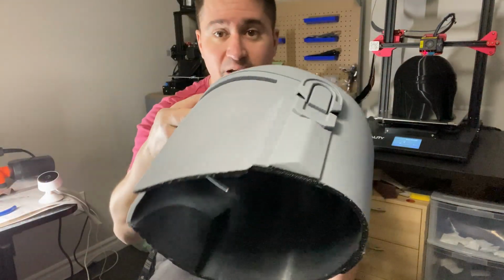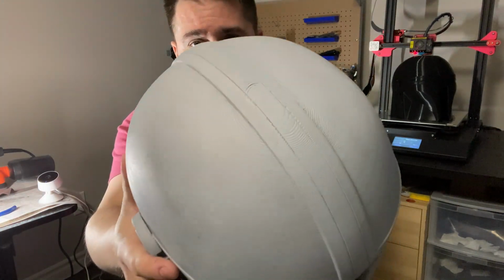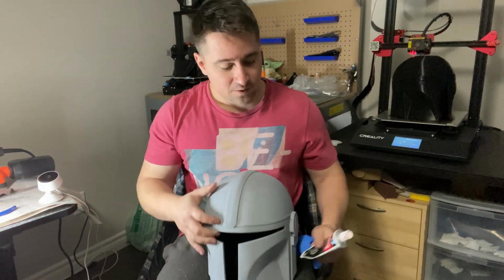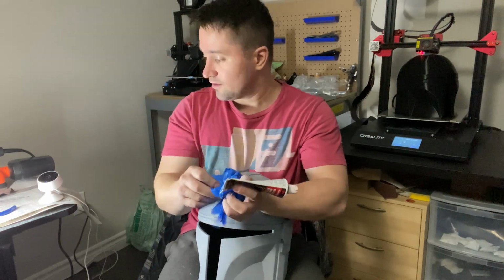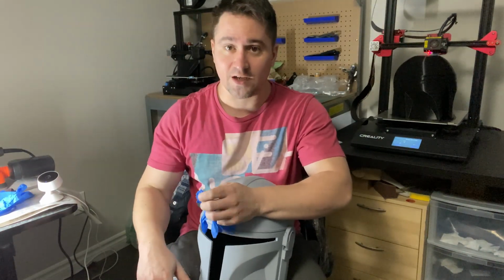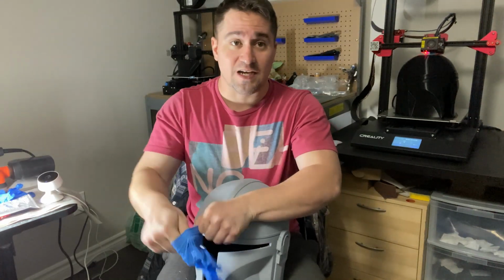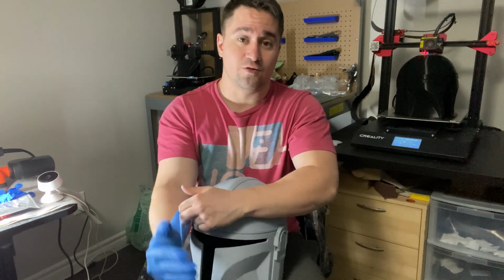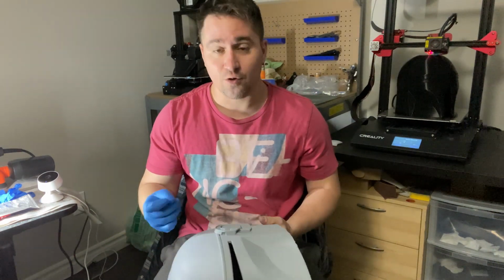So we're going to basically paste this entire thing with putty, some Mando glazing and spot putty. So I have a couple of gloves. Like I said, it's super cold today, so I highly recommend outside. If not, go near an open door with a fan going. I'm definitely going to sand this outside regardless of how cold it is, but I am going to use my